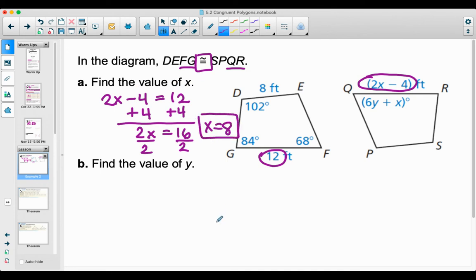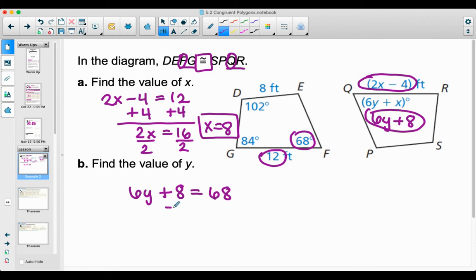That's my answer. And now that I know x, we can find y, because this right here is really 8. So this is the same thing as saying 6y plus 8. And that is angle Q. So again, look, we have angle Q as this third one, which is the same as angle F. So we're going to use this, and we're going to set them equal to each other. So 6y plus 8 equals 68. And then we just simply solve. Minus 8 on both sides